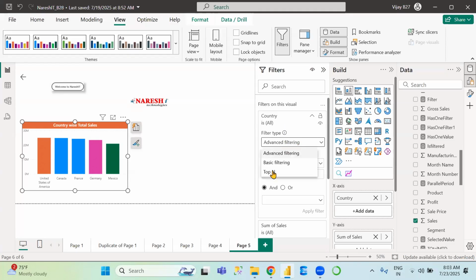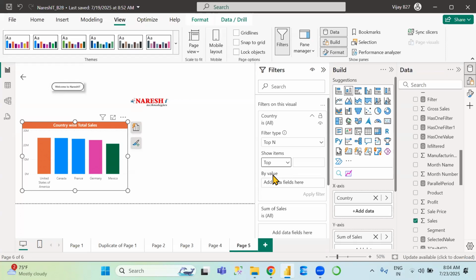Next one is top N filtering. What will top N filtering do? Top N means if you want to display the top N items, like suppose top 3, top 4. Not only top, bottom also you can apply. See, after selecting top N, show items are there, right? Here either you can show the top related items or the bottom related ones. Anything you can select. If you want to see top three, that number you need to give in this text